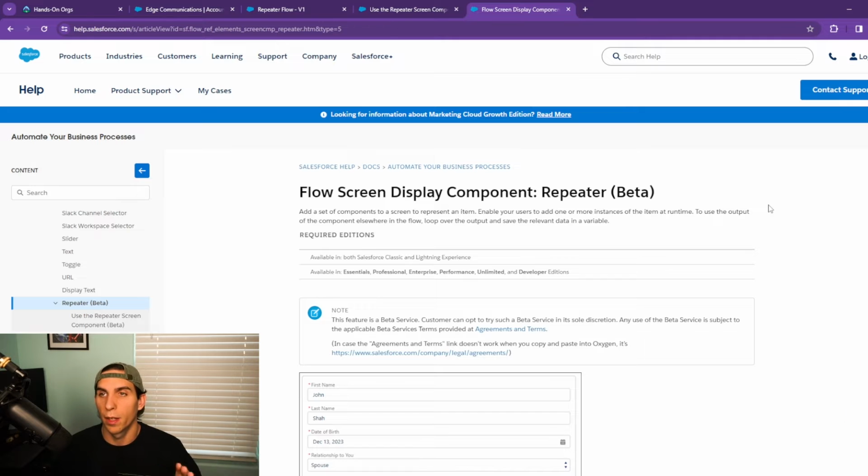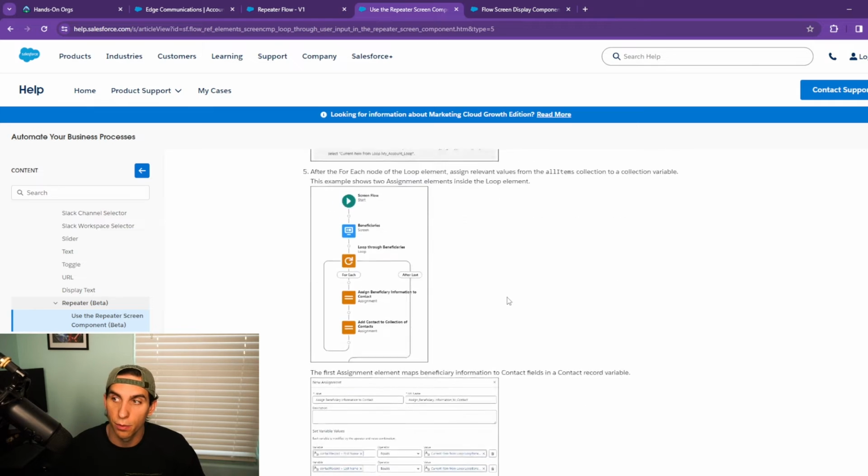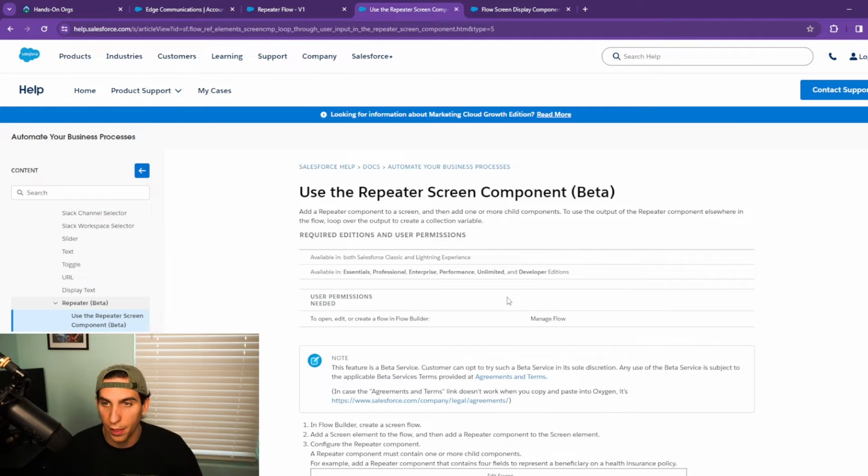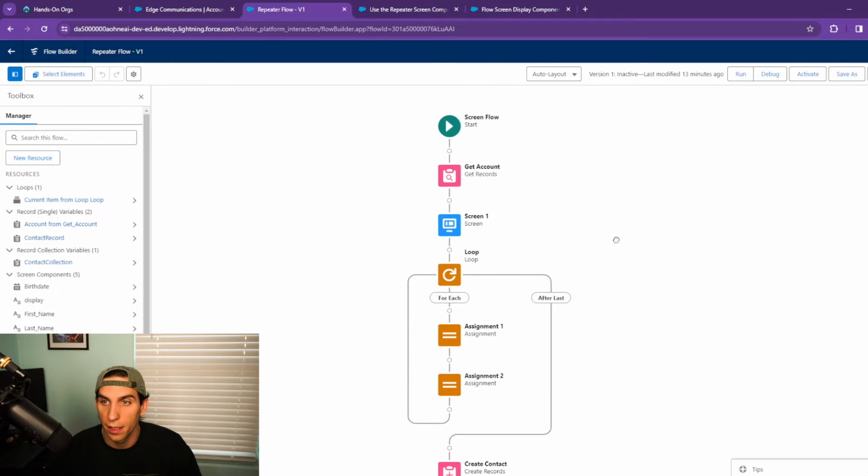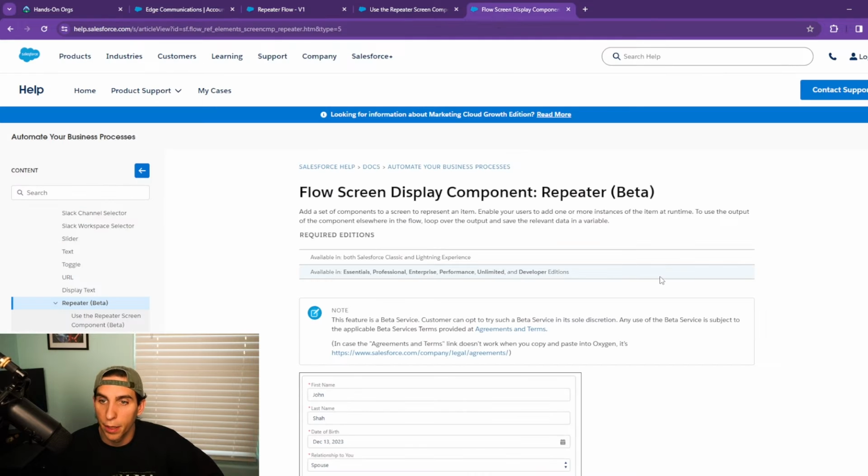So I'm starting off right now on the Salesforce help page, taking a look at what exactly the repeater functionality is. And I actually used this other tab here. This was way more helpful in helping to figure out how to actually configure this in Salesforce in this flow that I pre-built right before filming this video. But yeah, what the repeater